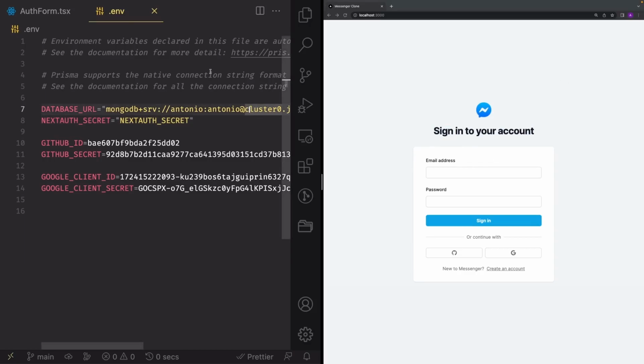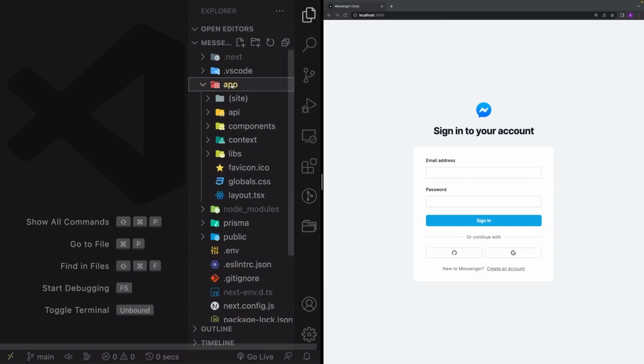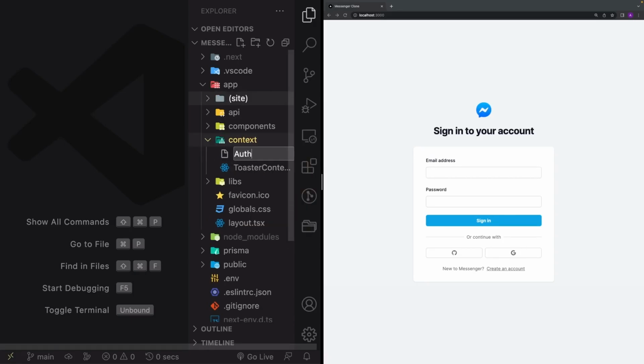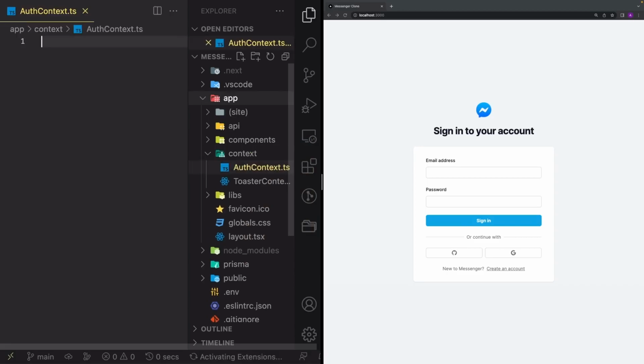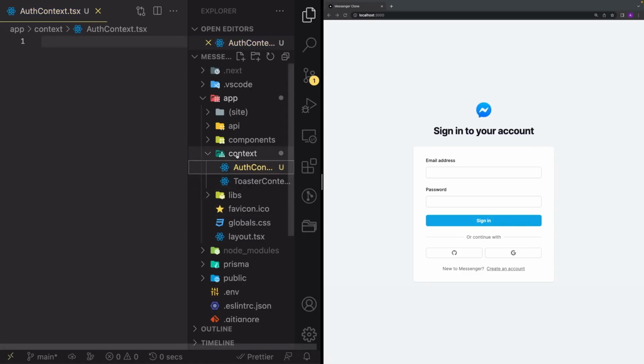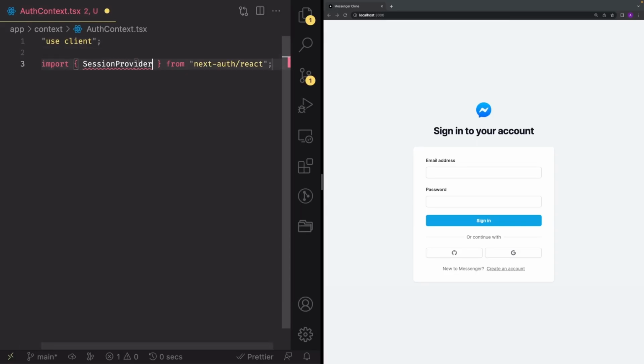In order to do that, first we have to add authentication context to the root of our application. So let's close everything up and let's go back into our app, into the context folder right here, where we already have the toaster context, and create a new file called auth-context.tsx. Just make sure it's .tsx instead of .ts. So auth-context.tsx is the new file inside the context folder. And first let's define use client at the top, and then let's just import SessionProvider from